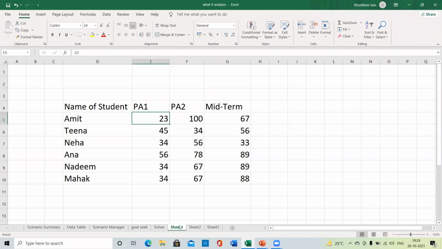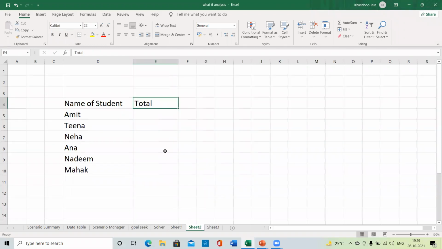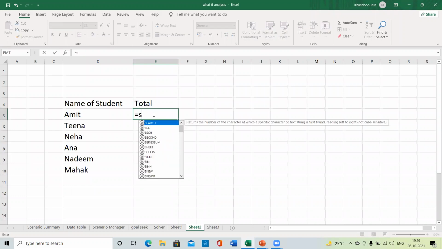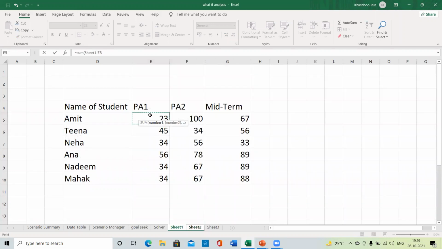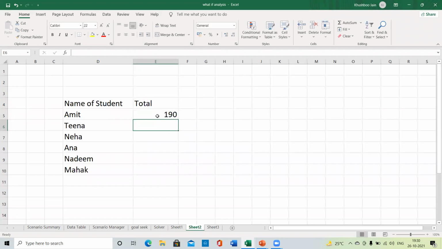Got it? So now what you need to do, go to the sheet where you want to apply the function here. So I'm writing sum because I want to add all the marks. Starting bracket and click on the sheet. So here I have sheet 1. Select the range, whatever you want to add. Got it? And press the enter. After selecting, press enter. So as you can see here, I am getting total of marks for Amit,